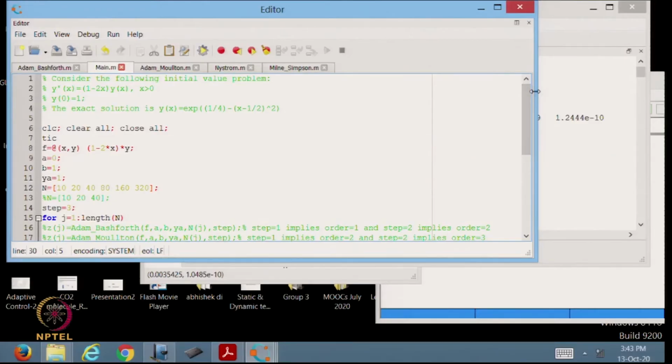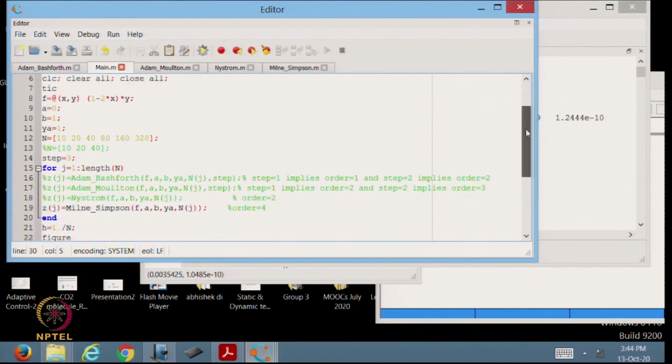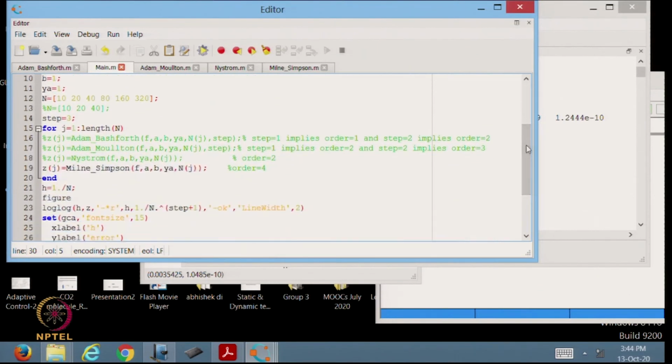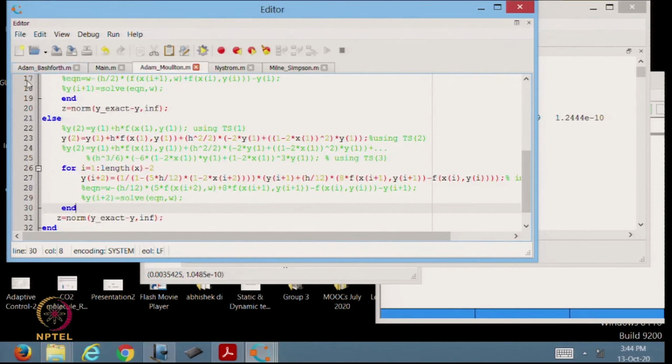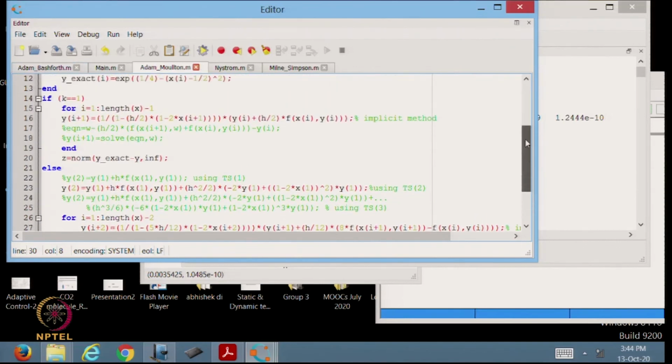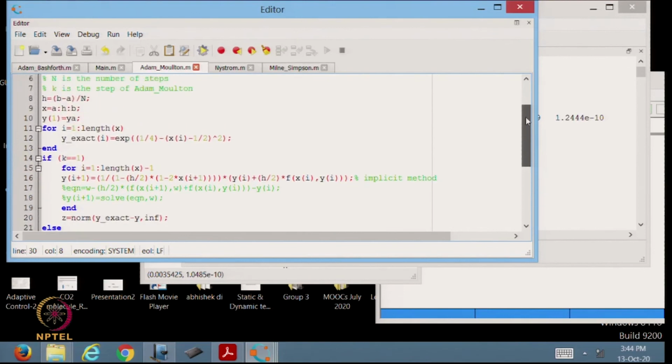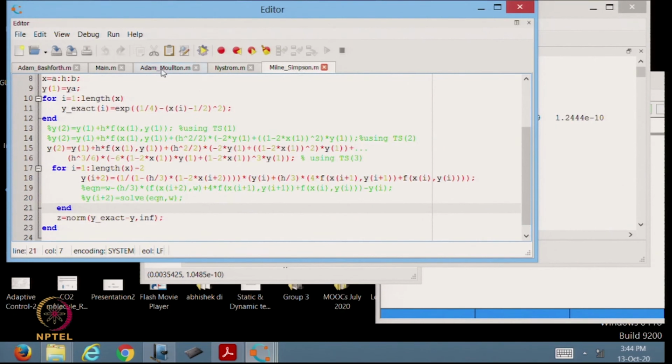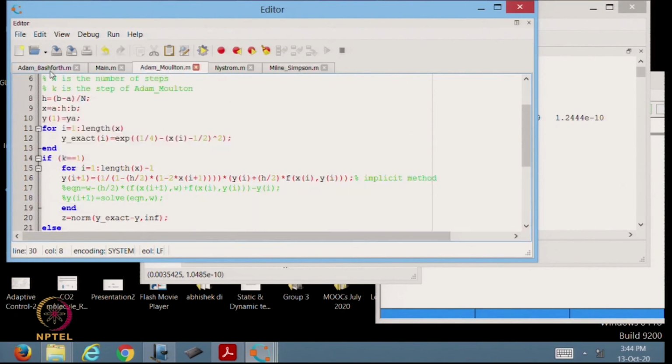Of course, if you want to work with different examples, you have to change this right hand side, and correspondingly change the functions also, because in the functions, sometimes to predict Ts1, Ts2, we have also computed the derivative of the right hand side. So, correspondingly you have to change all those 4 routines.